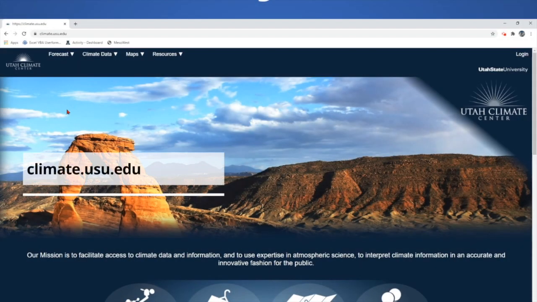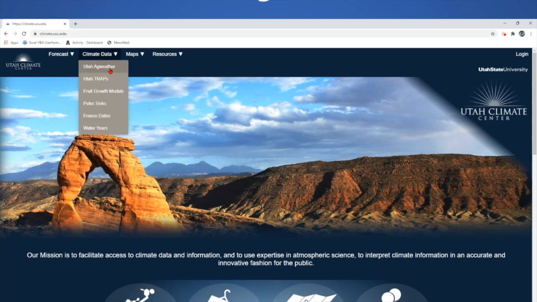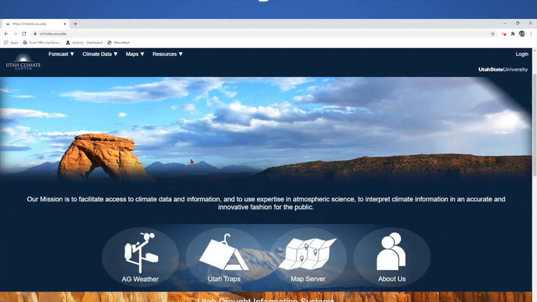So here's our homepage for the Utah Climate Center, and you can find the weather station data in this Climate Data tab under Utah Ag Weather and also under the Maps tab. And then we have these larger icons. Ag Weather is where we find these weather stations. Map Server has access to historical climate data across the country, but the Ag Weather is focused strictly on the